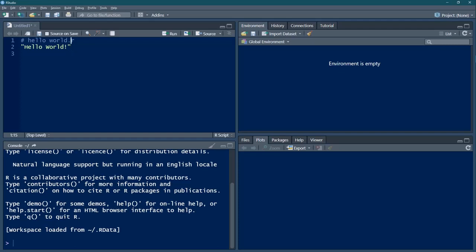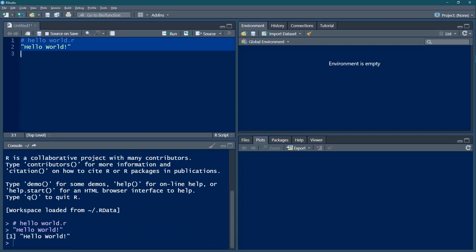We can run the script by selecting both the lines and typing Ctrl plus Enter on a Windows PC. The script is now transferred to the console and executed. R prints hello world in the console. Congratulations, you have written and run your first program in R, as per convention executing the hello world program the first time.